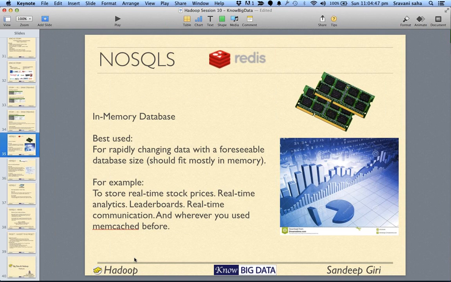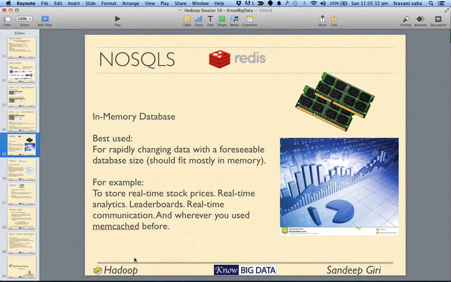All right. So let's just go over various available NoSQL solutions, and then think about various situations. There are hundreds of NoSQLs out there. We only discussed HBase, and there's always a confusion about which one to use.